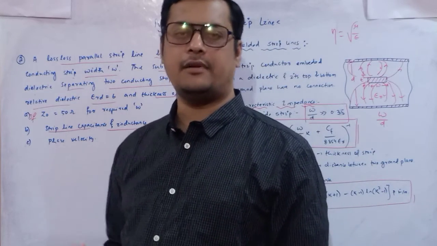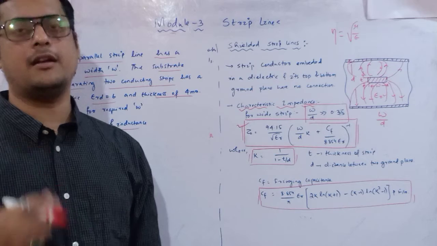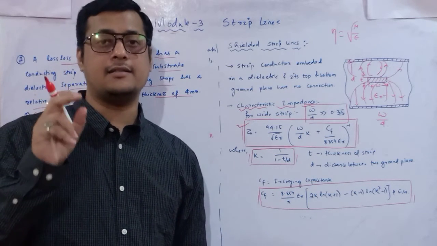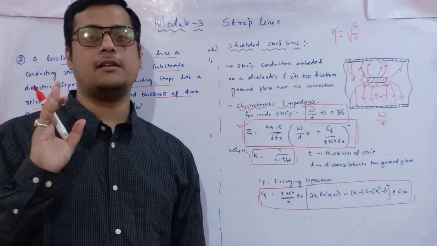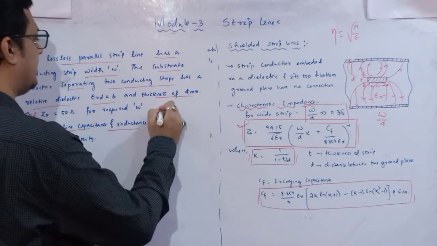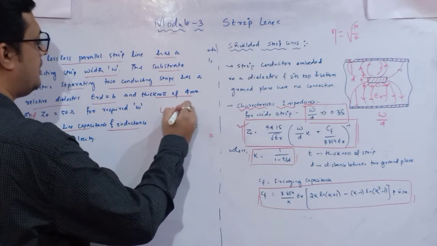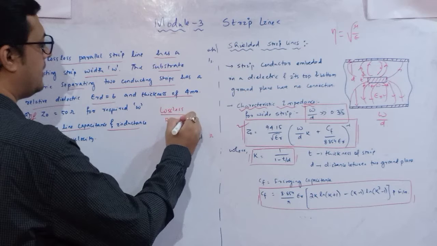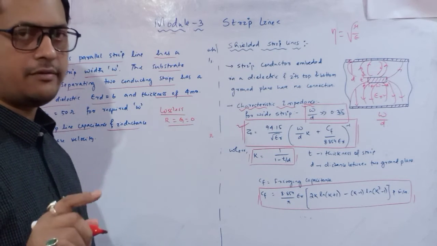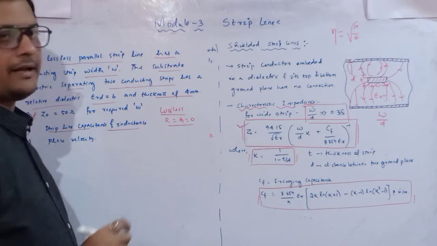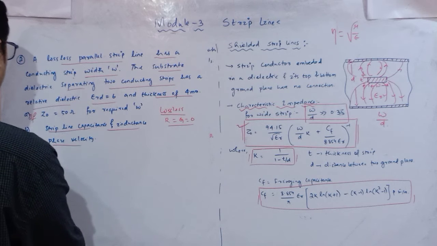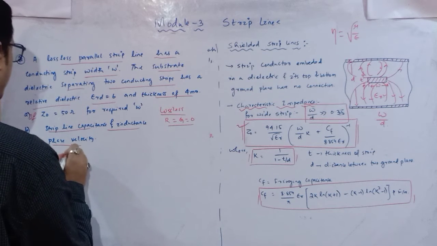For a parallel line we can easily identify the distributed lumped parameters R, L, G, C. Since it is a lossless line, R and G are both 0, and only L and C exist. Here we have to identify the L value, C value, width and phase velocity. Phase velocity is an easy one. So let me solve first for the width.